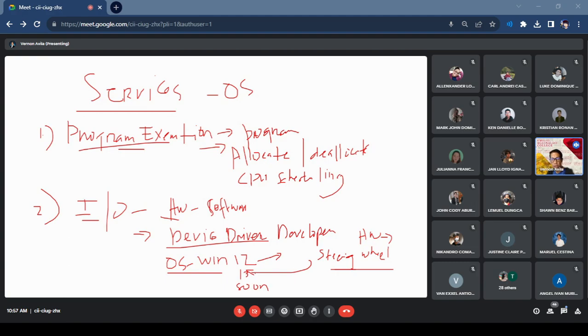So, ibig sabihin nun, guys, ngayon, yung mga developers natin, they are producing now a program that will run sa operating system na ilalabas ni Windows o ni Mac. So, dito papasok yung I/O. Okay, ano ibig sabihin nun? Kasi, kapag may bagong